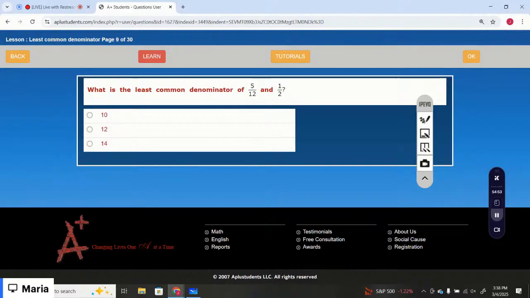That is 12. Option number 2 is the correct option. What is the least common